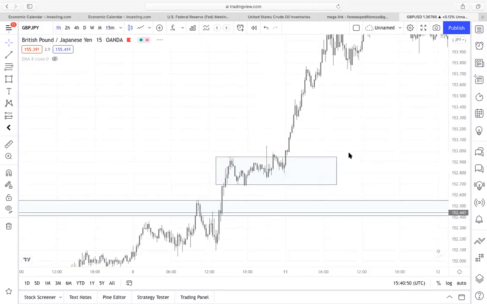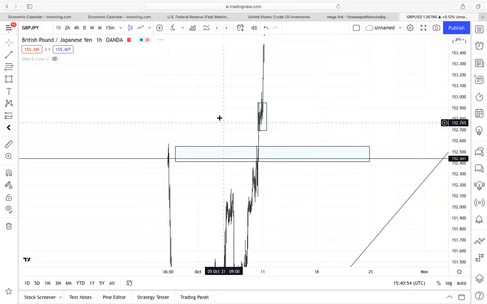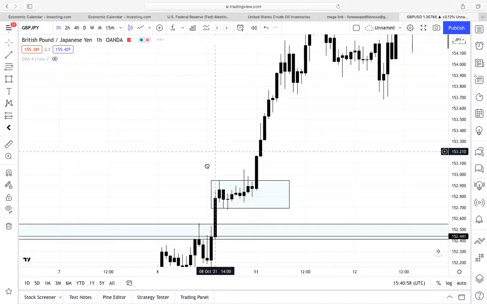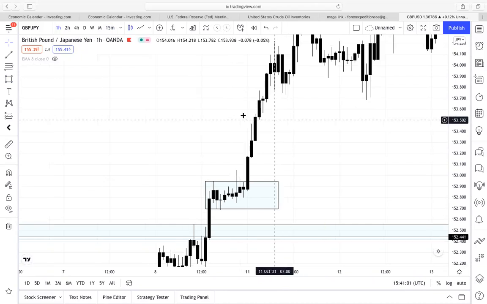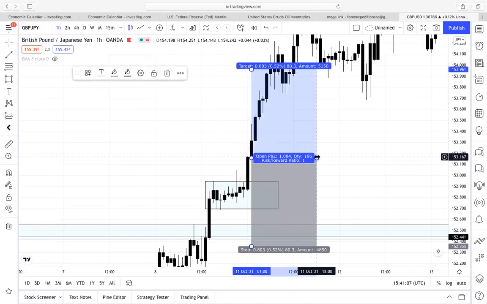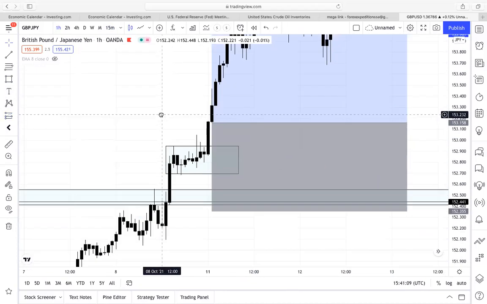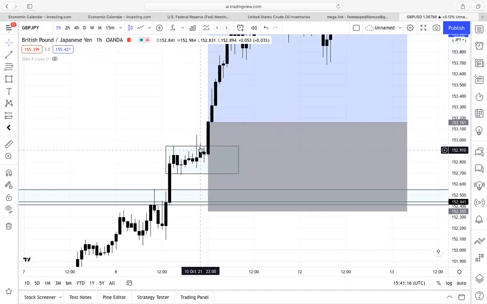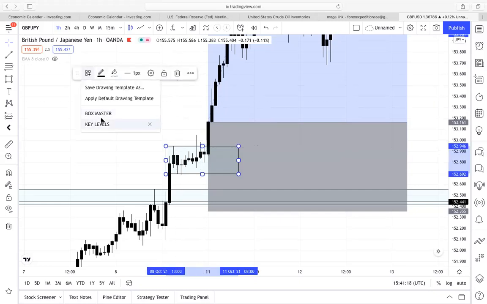Let's try not to be too aggressive, because you guys only got here now. This is how GJ likes to move. It doesn't like to retest. Once it shoots, it shoots. It likes shooting faster. So most of these entries you're going to find with GJ. So my entry is going to be over there. That's where my buy is going to be after this candle closes above that consolidation box over there, which I call box master. So never mind that.